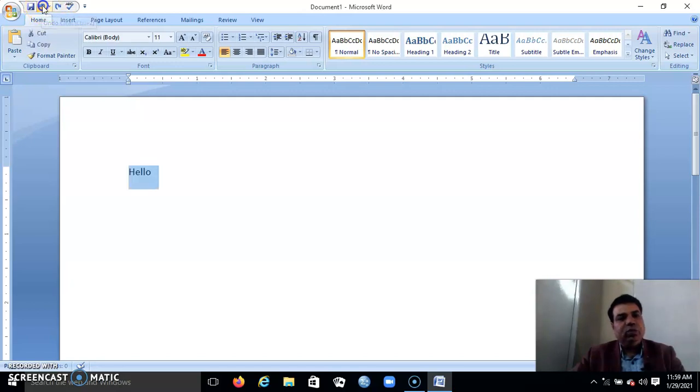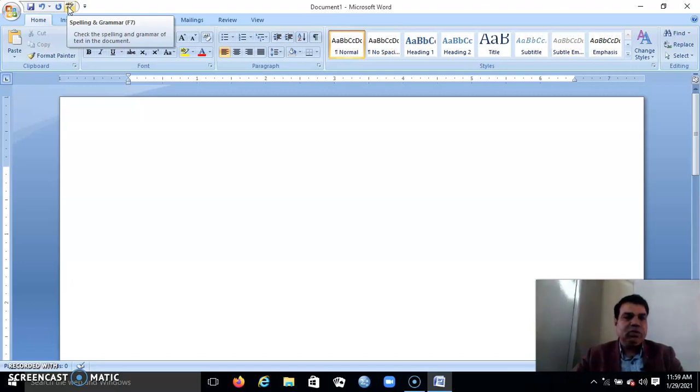Undo means it will revert the action, and redo means do again. These three buttons are already given, and there is one more button for spelling and grammar check. The shortcut key F7 is also used to check spelling and grammar.